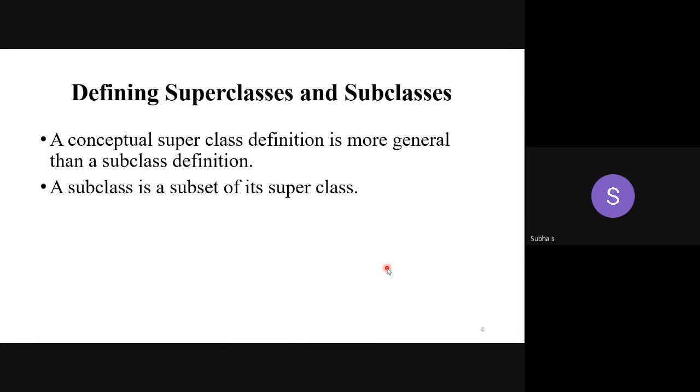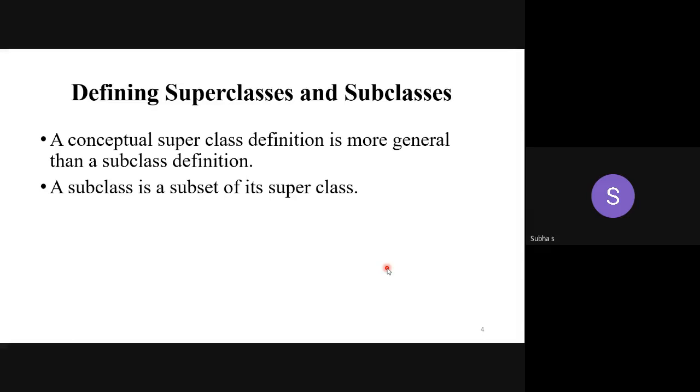The same concept only in UML, in OOAD, we are mentioning it as what? Superclass and subclass. That is the only thing. Just we are going to see some notations with respect to superclass and subclass. Then how to create subclass, what are the features of subclass. There are two rules we are going to see, which is applicable for both superclass and subclass. So now defining the superclass and subclass.